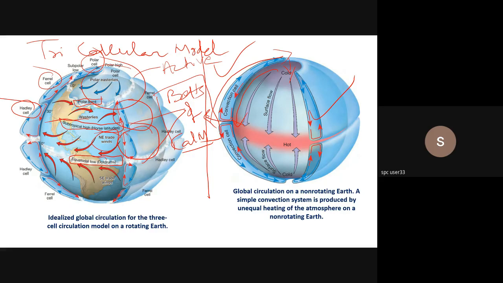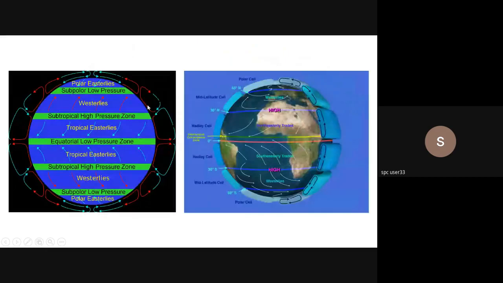So on a very broad scale, this is how the atmospheric circulation is. We are going to go into the details slowly so that you don't miss out or get confused. I'm just giving you a broad idea. Okay. This is another view of it. Instead of taking it in a three-dimensional view, we are looking at it in a two-dimensional view.